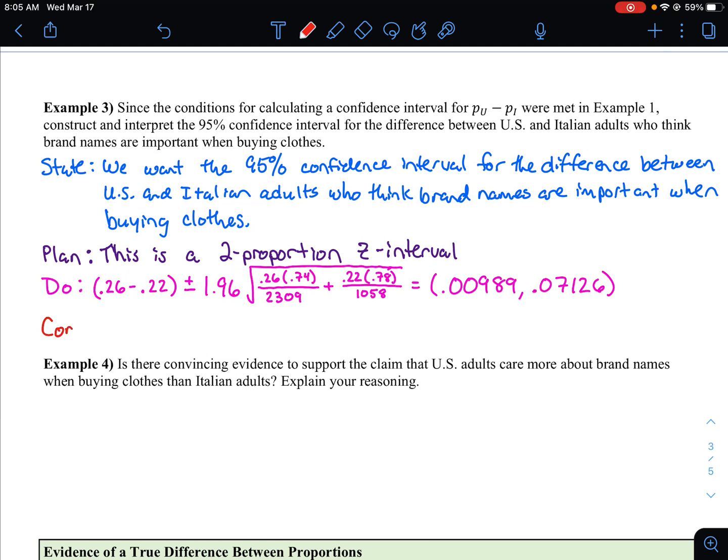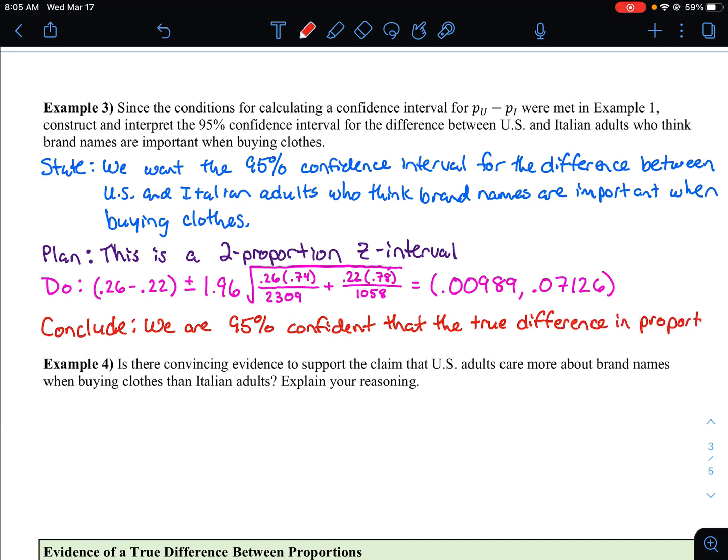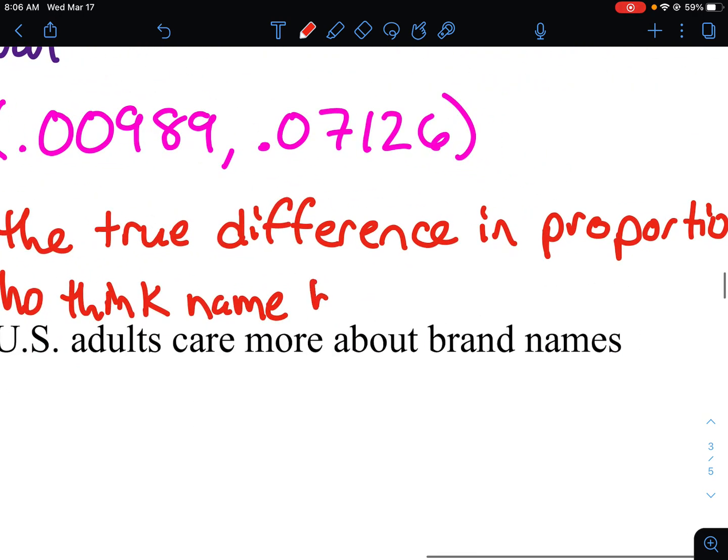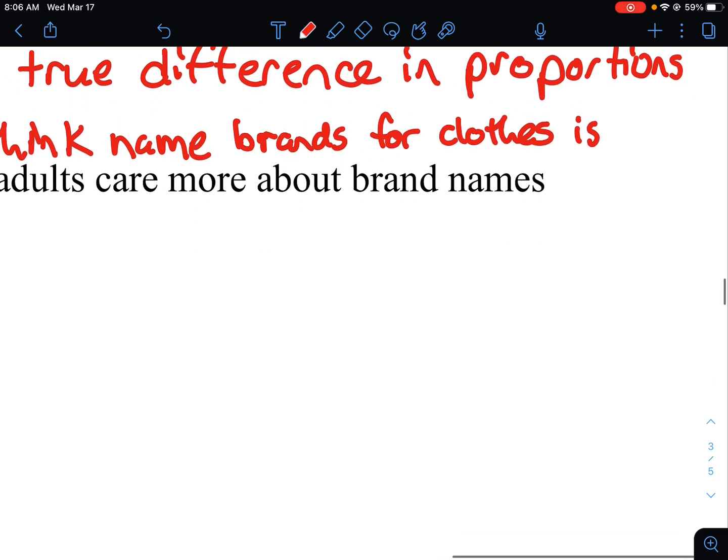Lastly, our conclude step: we are 95% confident that the true difference in proportions between U.S. and Italian adults who think name brands for clothes is important